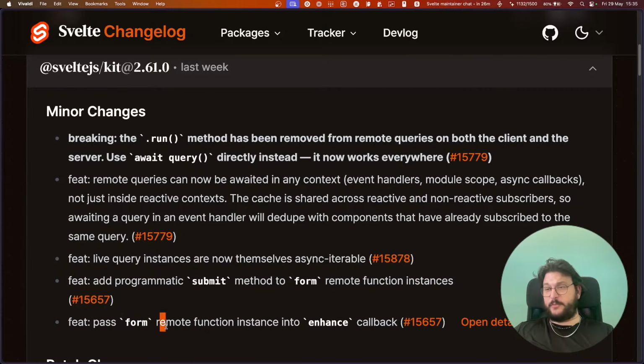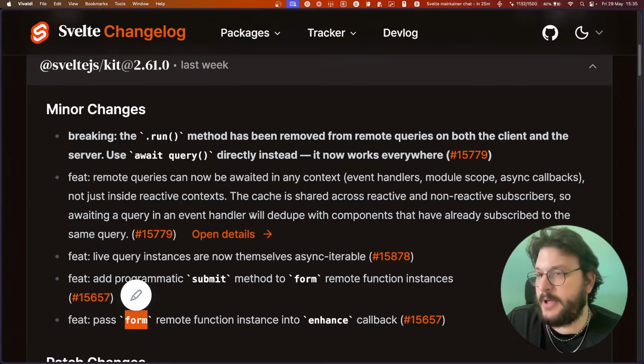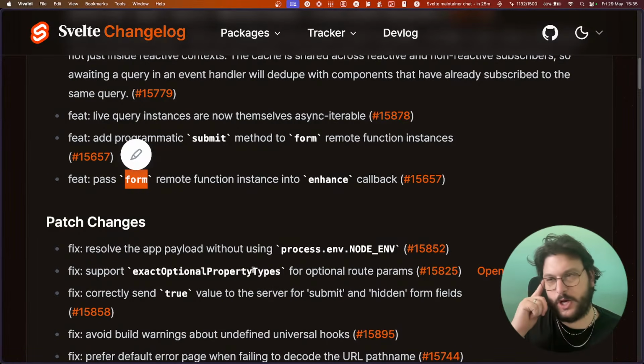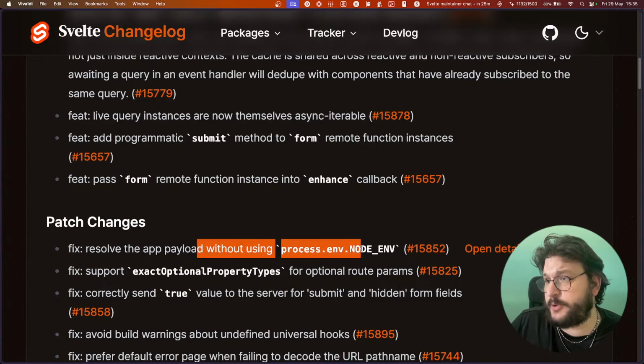Pass form remote function into enhance callback. So you can actually get, oh, that's nice. So you actually get the form remote function inside the enhance callback, so you don't have to import them if you want to have an abstraction with a component. That's nice. Resolve the app payload without using